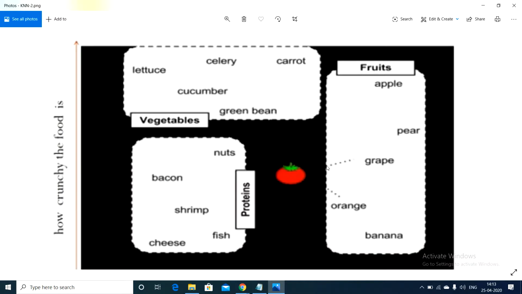After training our model, if tomato comes, we had tested with that data. What is our output? Actually, this tomato should fall into the category of vegetables, but our model has predicted it as a fruit. Yes or no? So the actual value is vegetable. As a human being we know that a tomato is a vegetable, but through the KNN algorithm, it has not predicted correctly. Instead of predicting it as a vegetable, it has predicted it as a fruit.